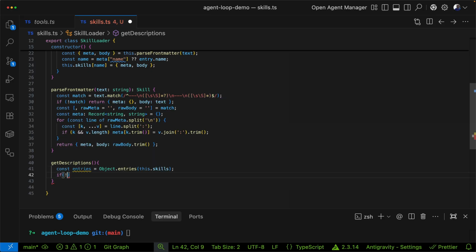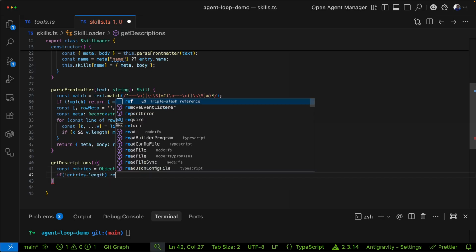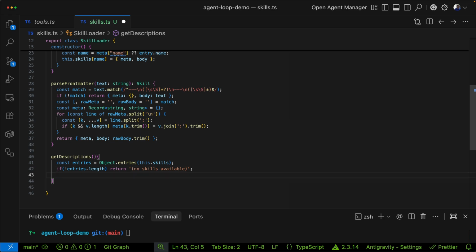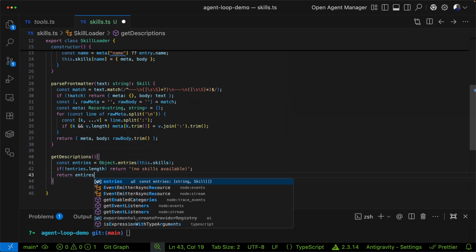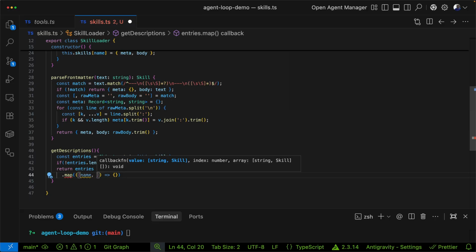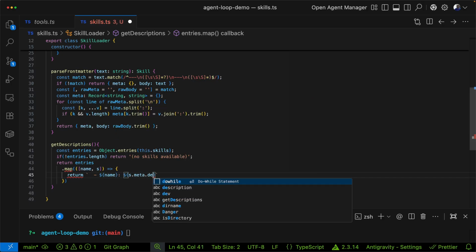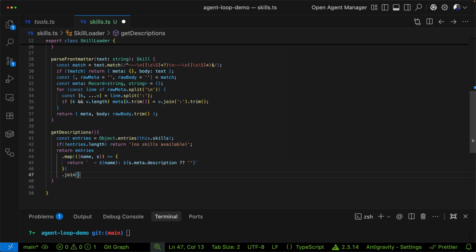And if we don't have any of those, we'll just return no skills available or something. Otherwise, we're going to loop through those. We'll get the name and the record, and we'll return the name and the meta description. And we'll just join those back together